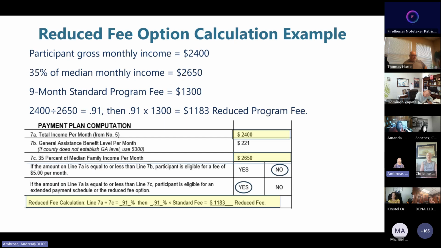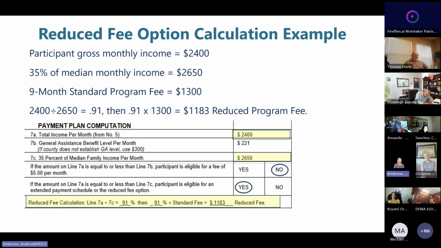Let's look at how we actually do this. In this case, we need to know their gross income, 35% of the median income, and what your standard program fee is. So we take that gross monthly income of $2,400 and divide it by the 35% of the median income. So we divide 2,400 by 2,650, and that gives us 91%.